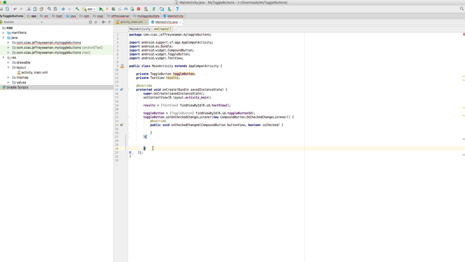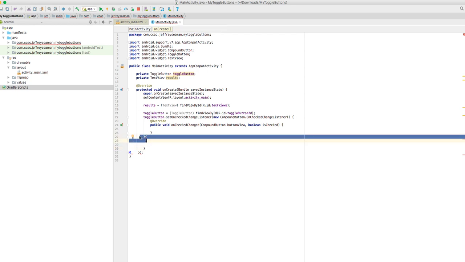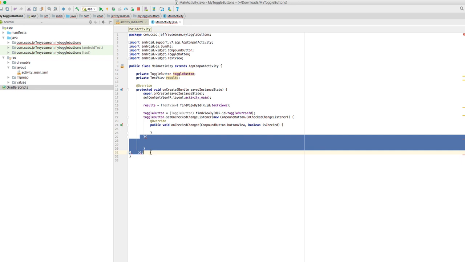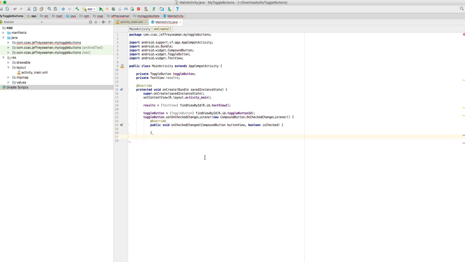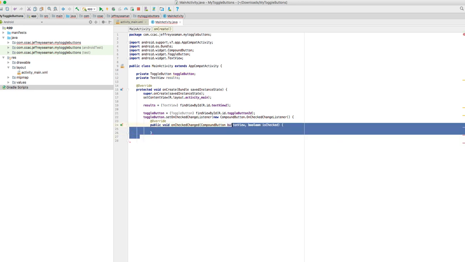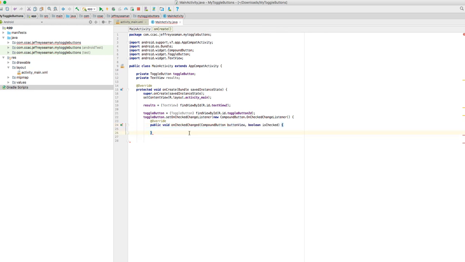Let's see here. So we have on check. I'm just going to wipe some stuff out here. I'm actually just going to start from scratch here. Alright, so we have a closing here. We need a closing for this guy here. So let's see here, we have this closing here, and then we're going to need another closing,